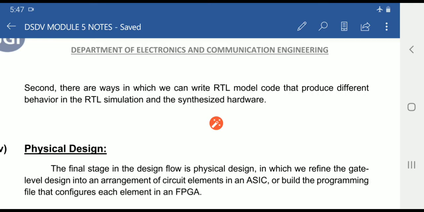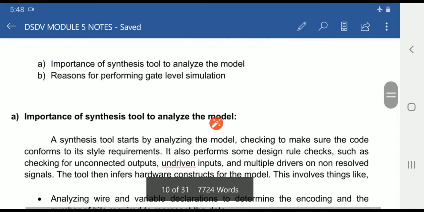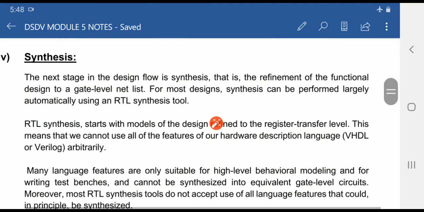So this is about synthesis, which is used to convert the code written in Verilog or VHDL, a hardware description language, into a gate level netlist.